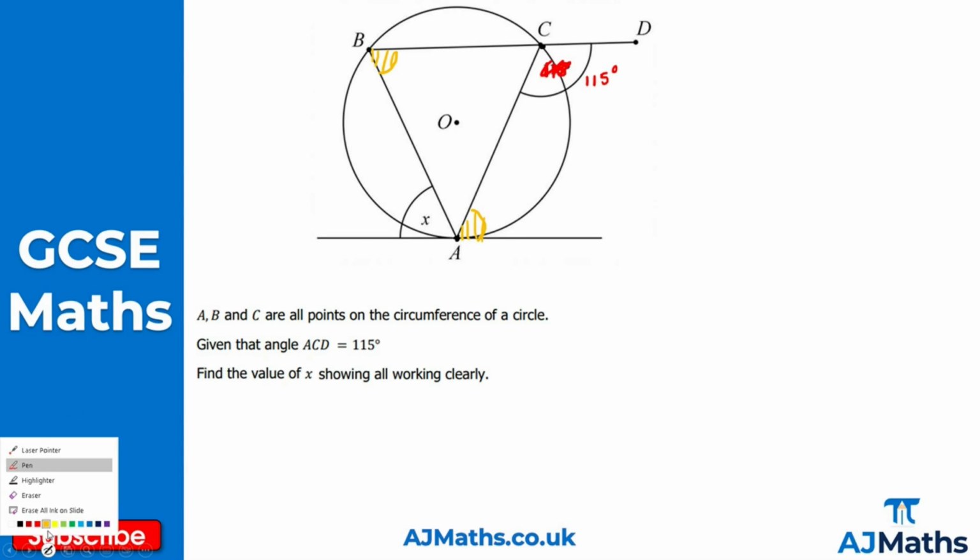And it also states that this angle here that we're looking for, x, is equal to this angle here in my triangle. So if we can work out this angle within the triangle, then we can easily work out this angle here. Well, if this is 115, these are on a straight line. BCD is a straight line. So in that case, we can do